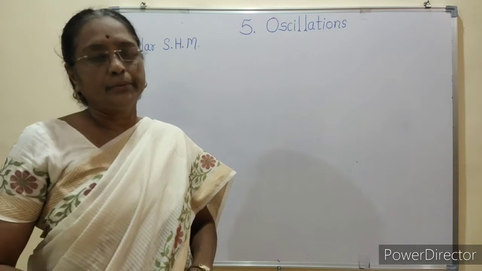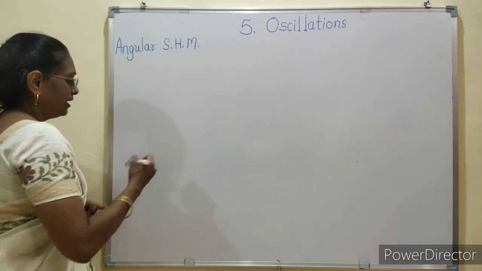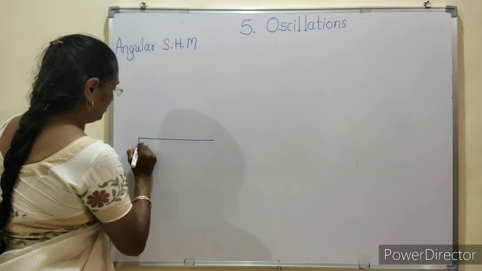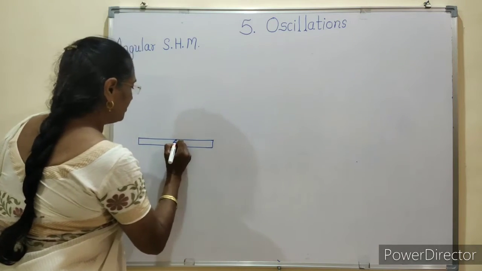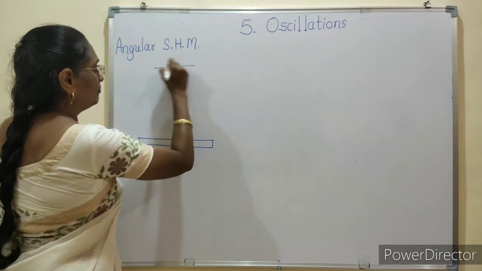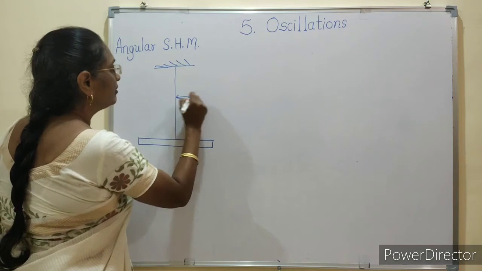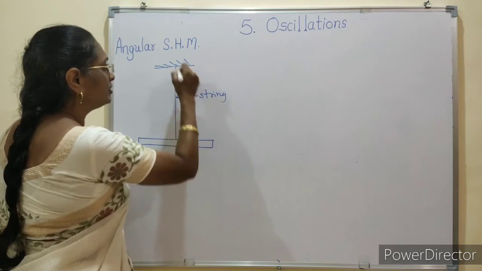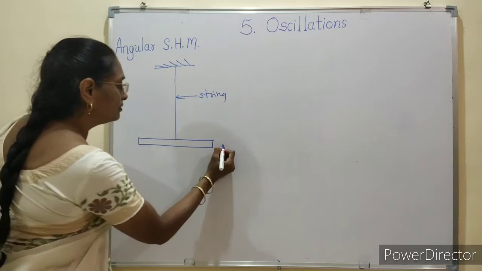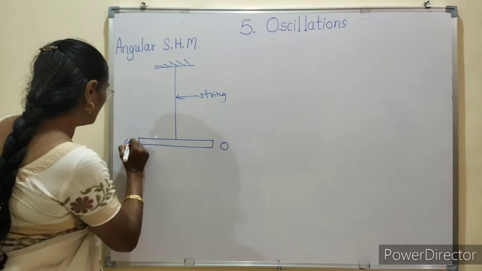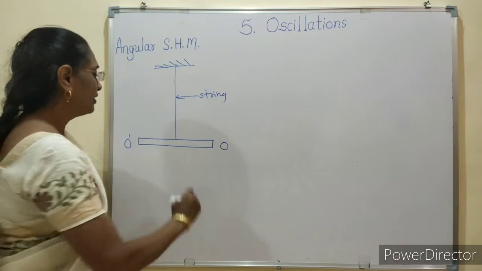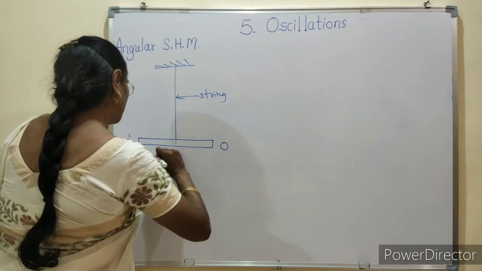For example, we take here a rod suspended by a string from a rigid support. This is the equilibrium position of the rod. If it is displaced